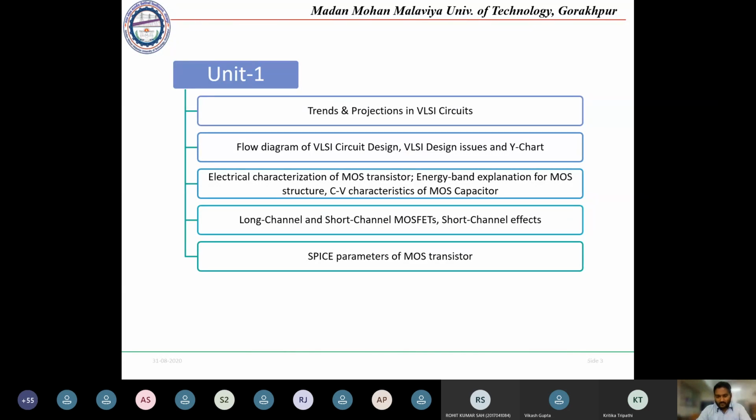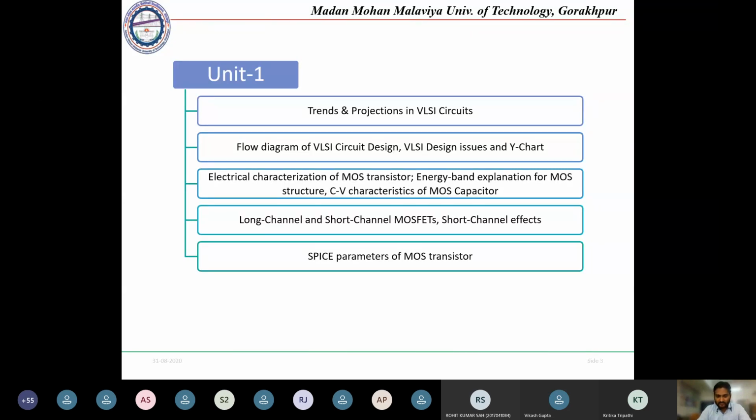Okay, and we will also be studying the energy band diagram of the MOS transistors, and how actually MOS is metal oxide semiconductor. So each material has its own energy band diagram, but if we combine metal, oxide and semiconductor together, we can have a different energy band diagram.